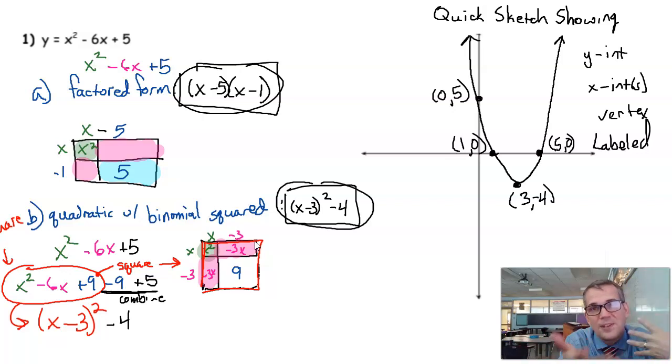And then give a rough sketch where I want you to label the x-intercepts, the y-intercept, and the vertex. This is kind of how it should look. I will say I'm not requiring anybody to use the area models. So if you know how to factor without an area model, be my guest. If you know how to get to this form that has a binomial squared without using an area model, be